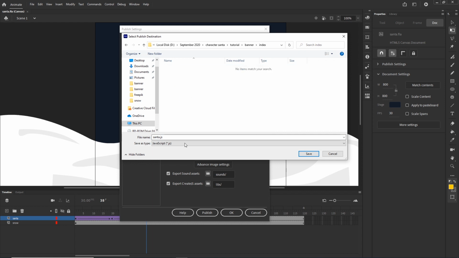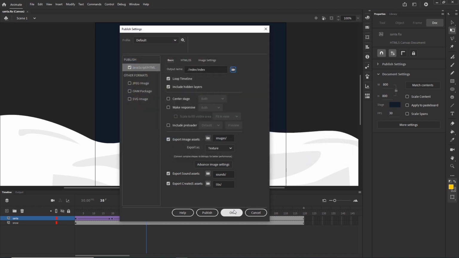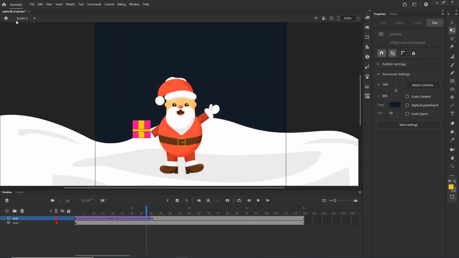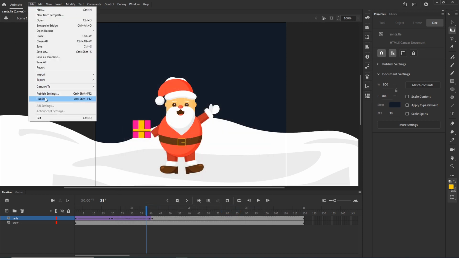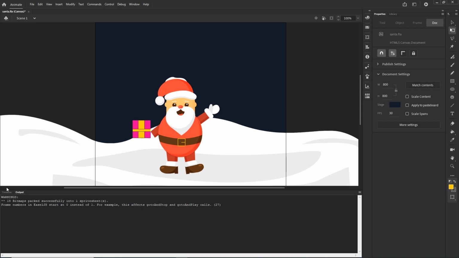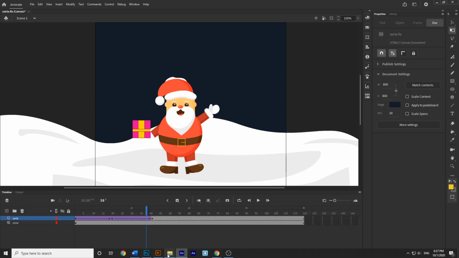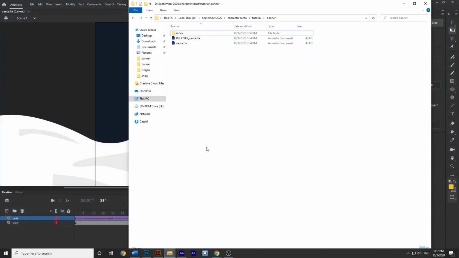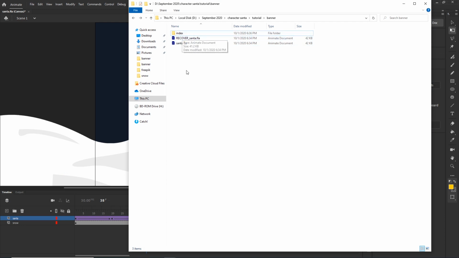I'm going to go inside of the index. I'm going to rename this to be index. It's not necessary, but I prefer to work like this, and I think it's better. I'm going to hit save, then I'm going to hit OK, then I will hit file, and I will click publish. Alright, and right now, if I go in here, I'm going to have my animate files,